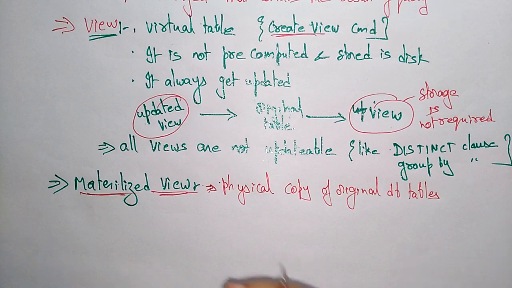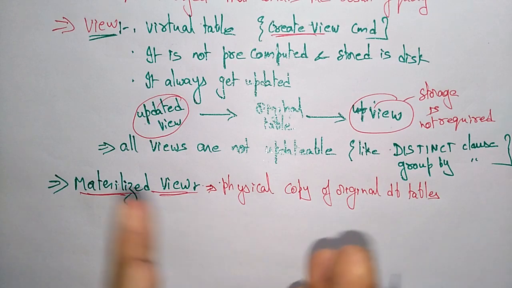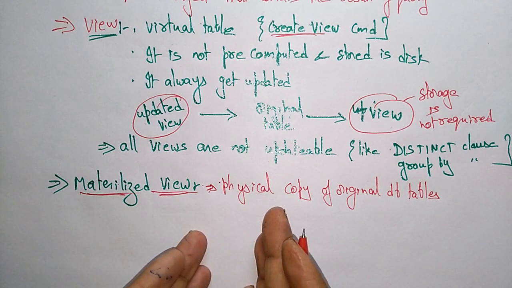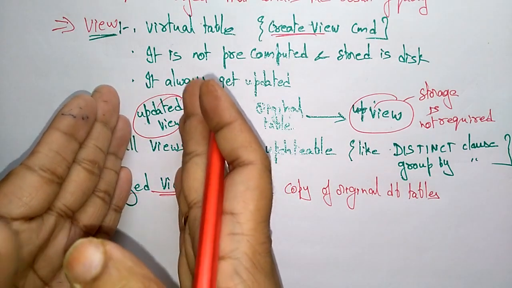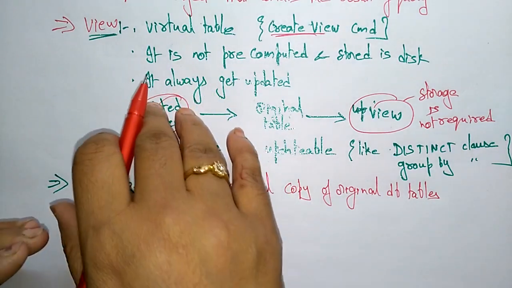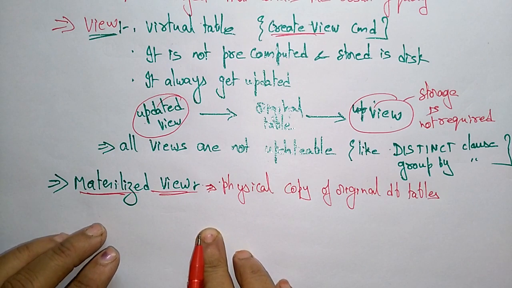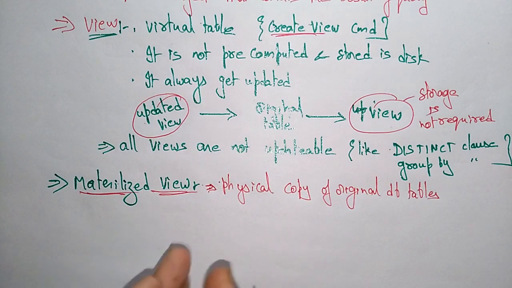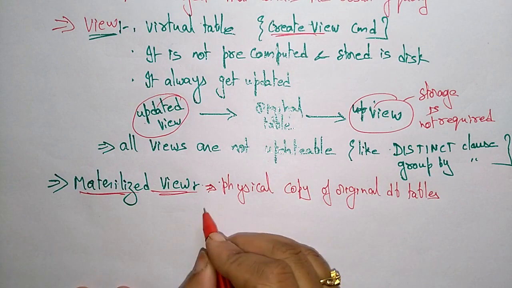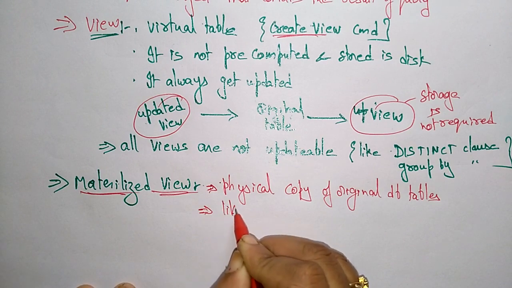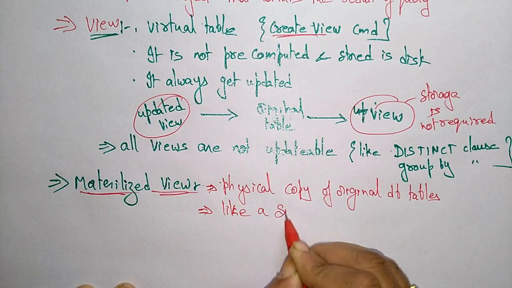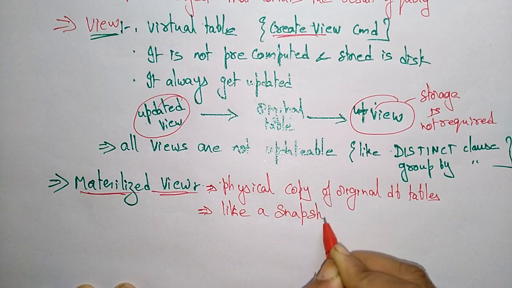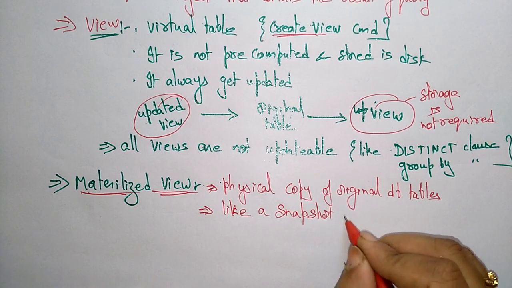Whatever the original database tables contain, that copy will be there in the materialized view. In a view it is stored virtually, whereas in a materialized view it is stored like a physical copy, just like a snapshot, a picture